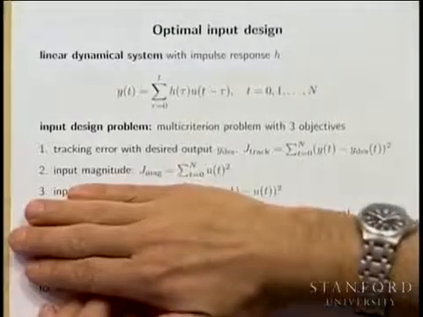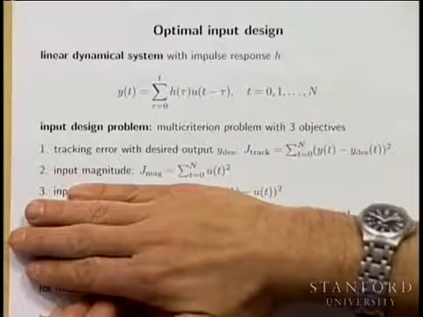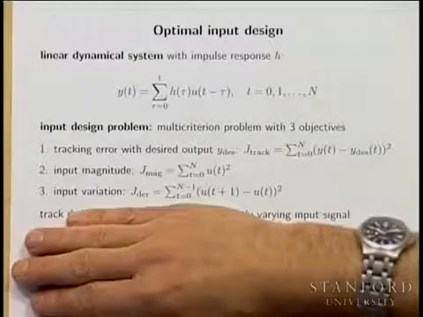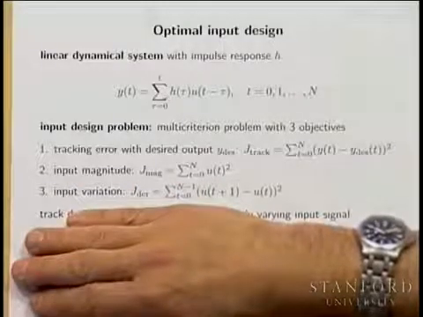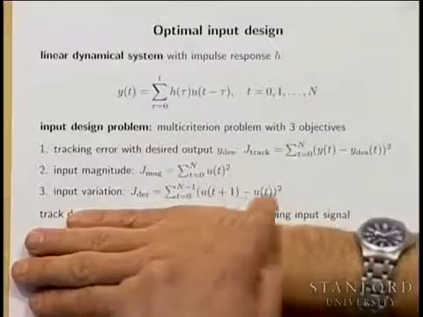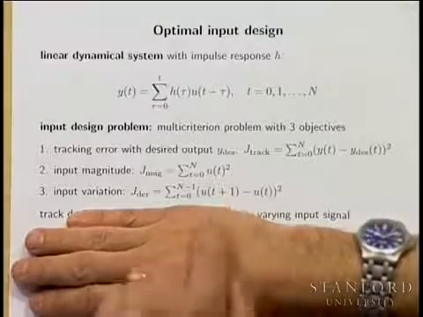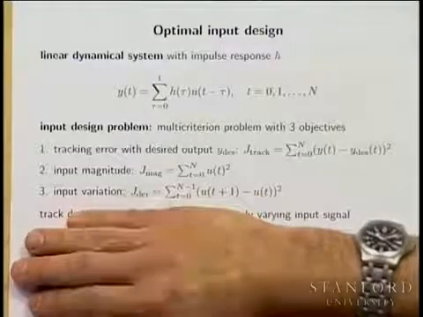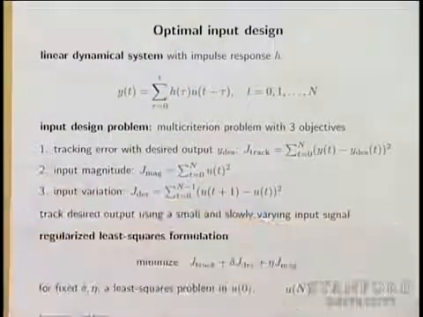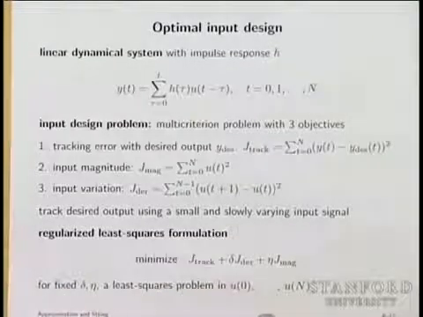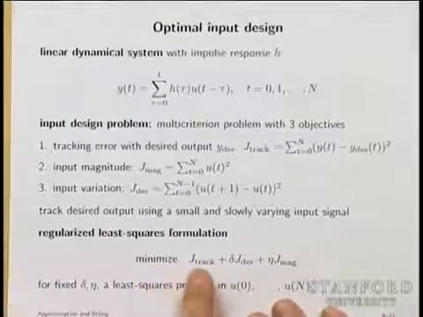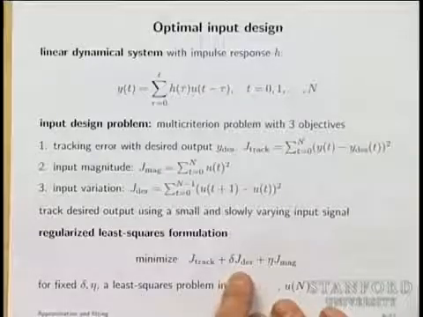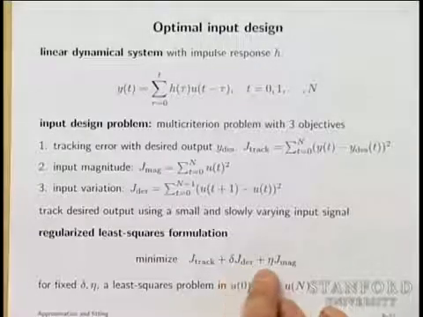On the other hand, we don't want u to be gigantic, so we're going to limit the size of u. And we also want the input to be smooth. To make it smooth, this is an example where we just take a quadratic form. This is a first order difference, and it's a quadratic measure. Everything here is quadratic. Okay, so we'll use regularized least squares. We're going to minimize J track plus delta J, and this is the derivative, I suppose, and eta times J